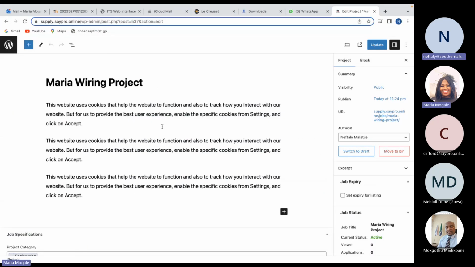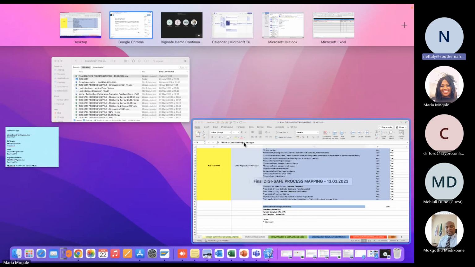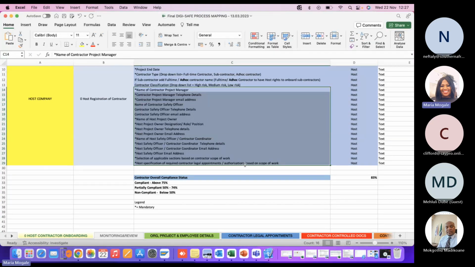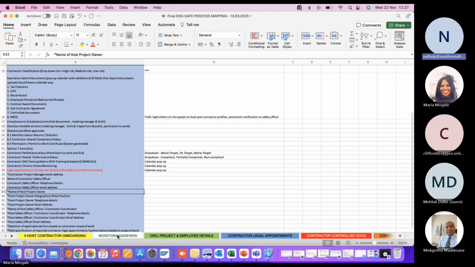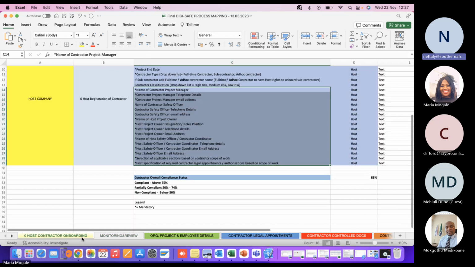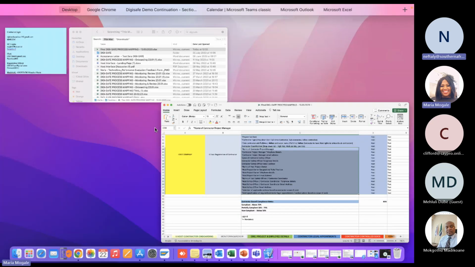So there is no need for DigiSafe to capture things manually because I would have already created those. So this was the thinking around this creation of the project section. You saw we only wrote category, project type, project location, and province.